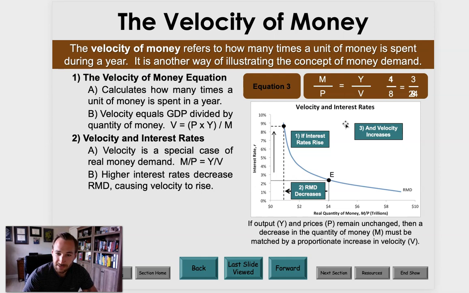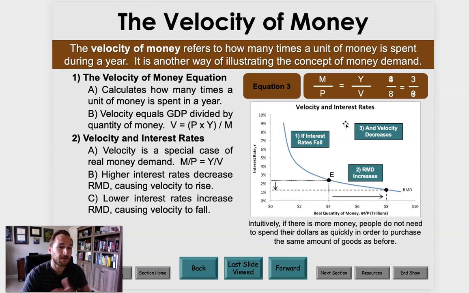High interest rates. If there's a great incentive to save, let's say a 10% interest rate, something crazy, it causes real money demand to fall because, again, you're more likely to save it at a high interest rate. And therefore, whatever money is left in the economy tends to rise in terms of its velocity. So when there's fewer dollars out in the economy, we see the velocity begin to increase. That same dollar bill will flip over multiple times throughout the year.